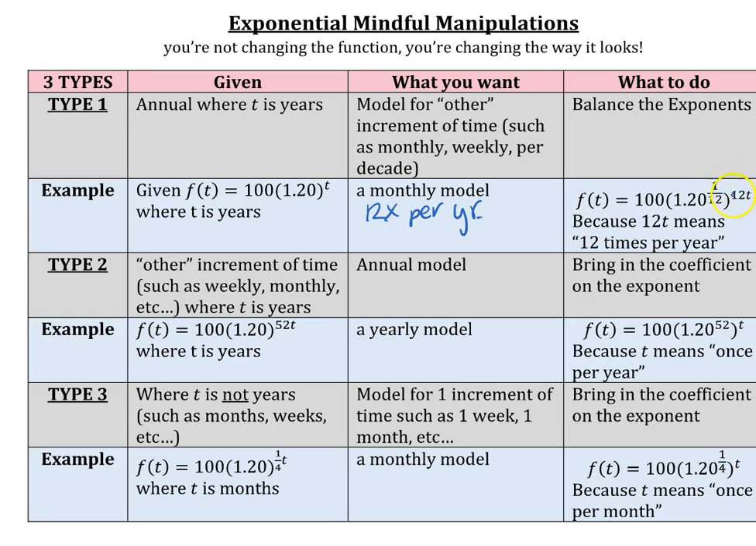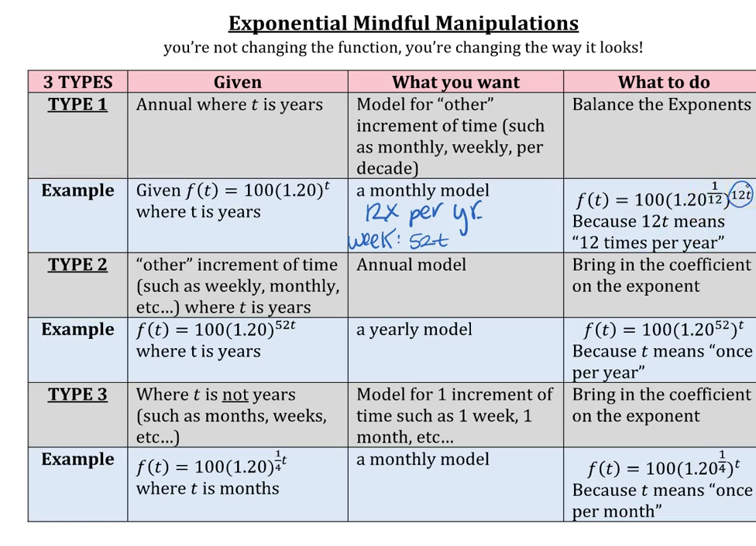But I can't just make things be 12t because then I'd be changing the function. So I balance it with a 1 over 12 on the inside. Okay? So again, this is 12t because it's 12 times per year, and that's what would create a monthly model. Let's say, for example, I wanted a weekly model. If I wanted a weekly model, I'd create a 52t on the outside and balance it with a 1 over